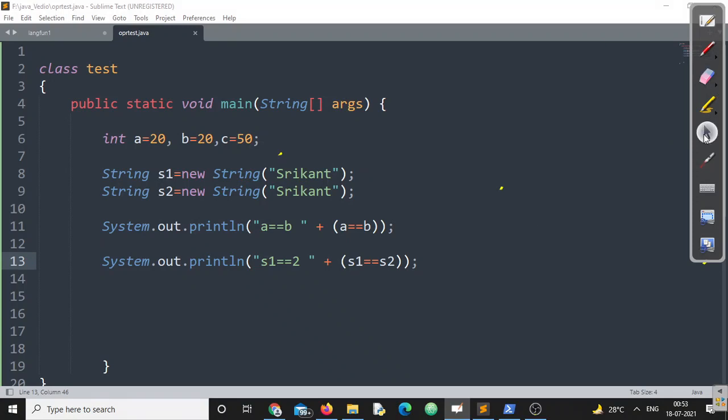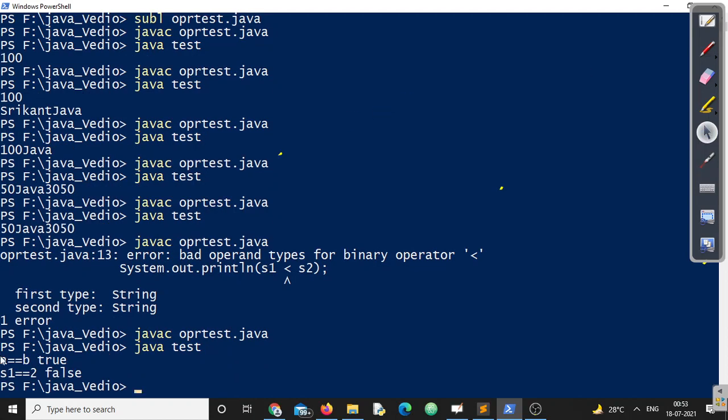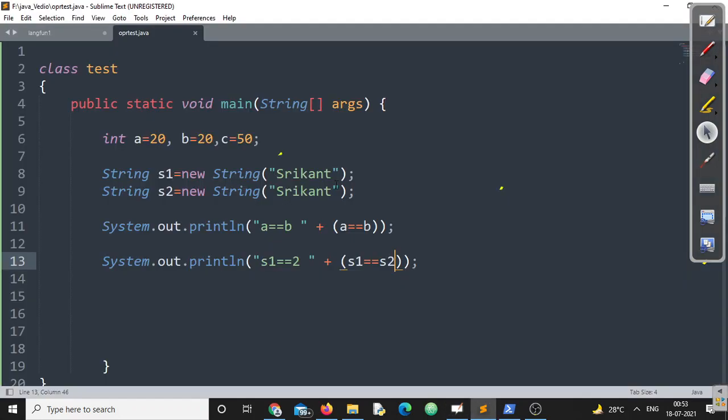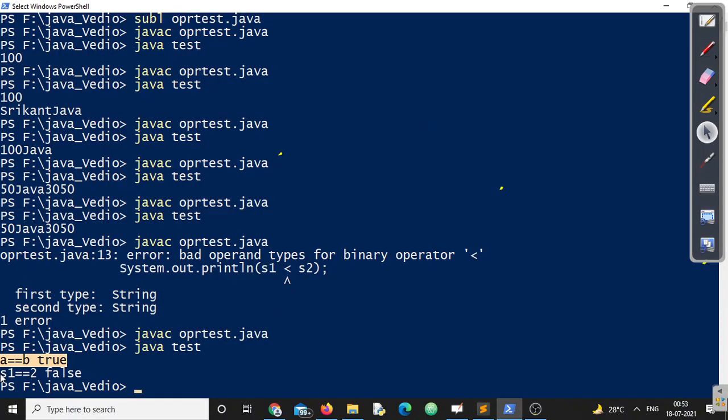This is as per the rule of Java. Let me compile. Let me see what my compiler says. Is there any error? No, my code compiles absolutely fine. Let us execute the program. See, the first case, A equals to B is true because A and B both share the same value, 20 and 20, right? Similarly, the second one says S1 equals to S2 is false.